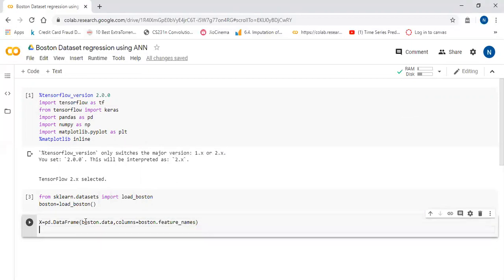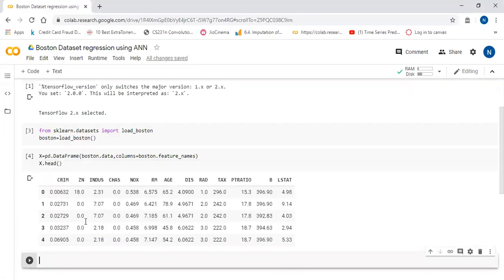Okay, we can see the sample records with X.head. So these are the sample records; we have successfully extracted the feature columns.